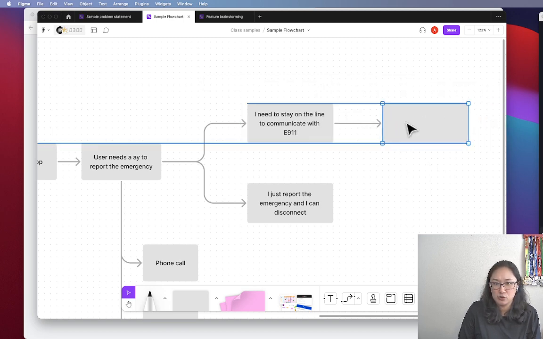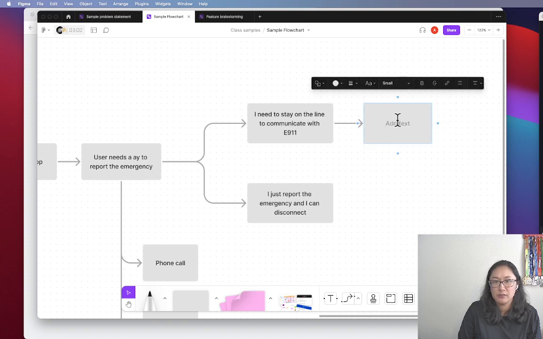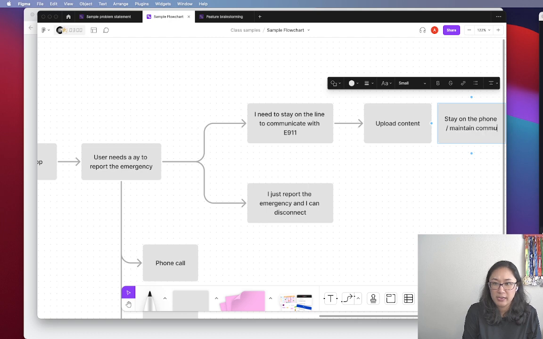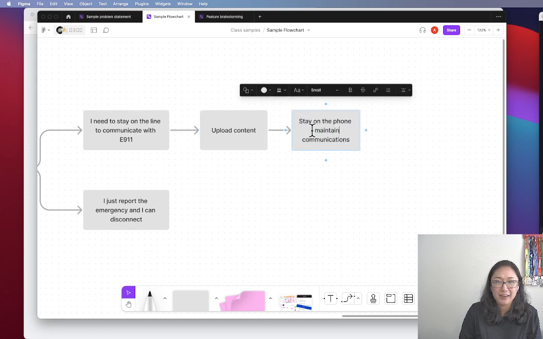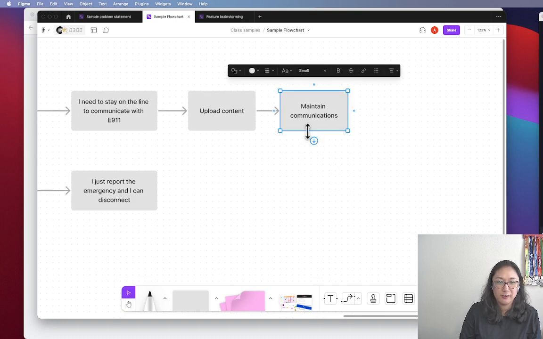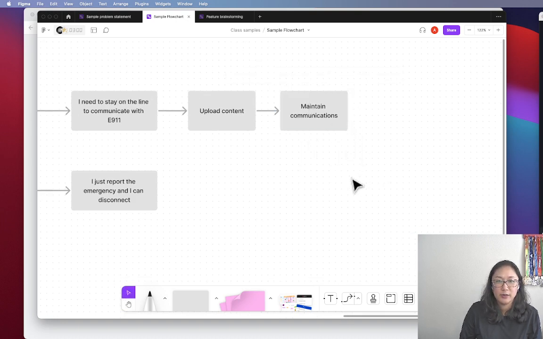So do they need to continue looking? So like they need to maybe upload content. They might need to actually literally stay on the phone or kind of like maintain communication. So if it's an emergency, sometimes you can't always talk. So you might not stay on the phone, like actually be on the phone. So I'm actually going to say maintain communications,